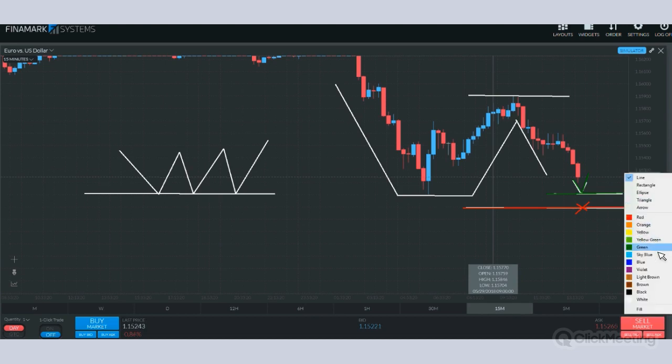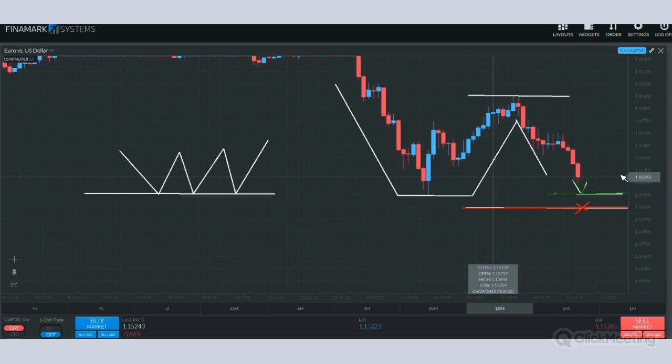So I'll give us a second line. We'll use a blue line as our take profit goal, actually, to separate all these colors here. So right here, the blue line would be our take profit goal. We're looking to enter at the green line at 1.1510, and as price reaches 1.1520, we're looking to exit. That means effectively we have risked 10 pips should things go south for the potential to make 10 pips should things go in our direction. If we're risking 10 pips to make 10 pips, this is 1-to-1.